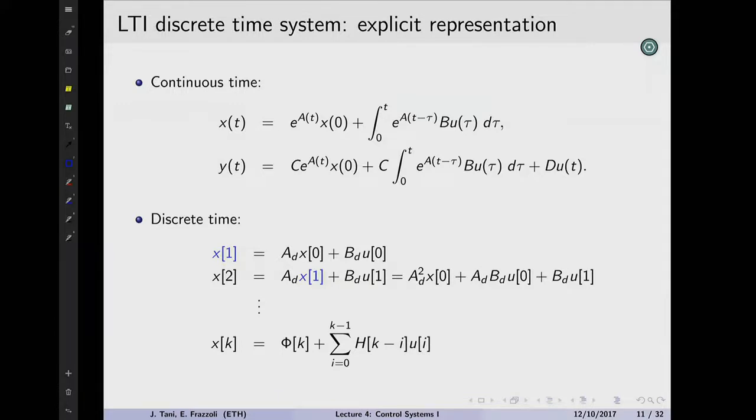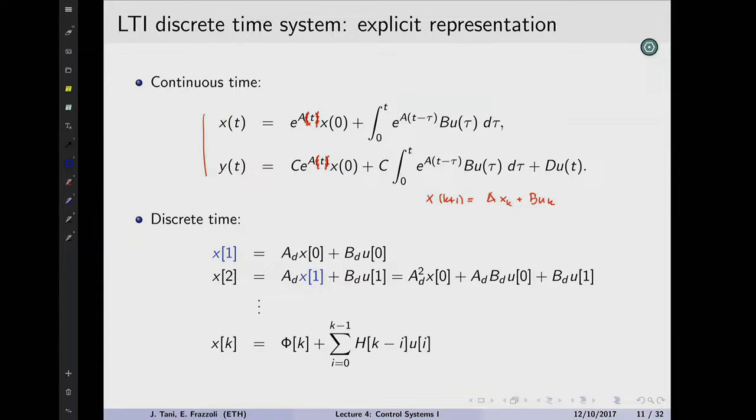We can find it by applying a trick. So this was the way we did the solution in continuous time, right? Actually, this should not be a parenthesis. It's confusing otherwise. Now we know that x of k plus 1 is equal to a x of k plus b u of k. Forget about the y for a second, because the y is easy. You just then do c x plus d u.